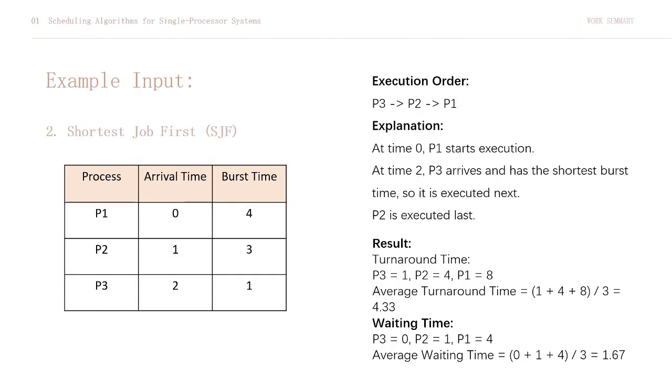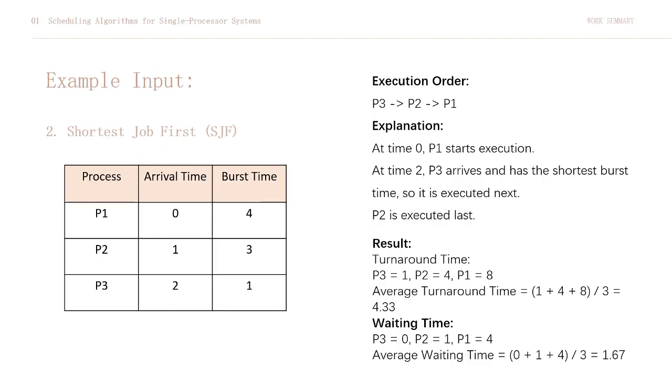And then is SJF. It processes the shortest burst time first. Using the same example, if P3 has a burst time of 1, it will execute before P2 and P1, and so the order becomes P3, P2, and P1. This algorithm minimizes turnaround time, but it can cause delays